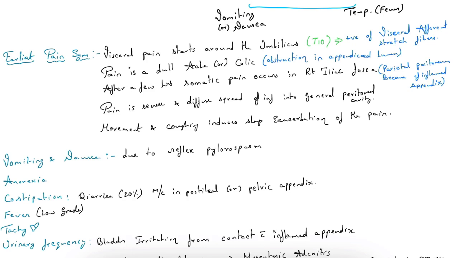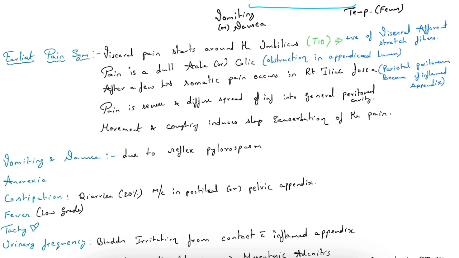Because of the innervation: the T10 visceral afferent stretch fibers get stimulated, so we see visceral pain around the paraumbilical area, T10, as a dull ache or colic because of obstruction in the appendiceal lumen. After a few hours we see right iliac fossa parietal pain, McBurney point pain,